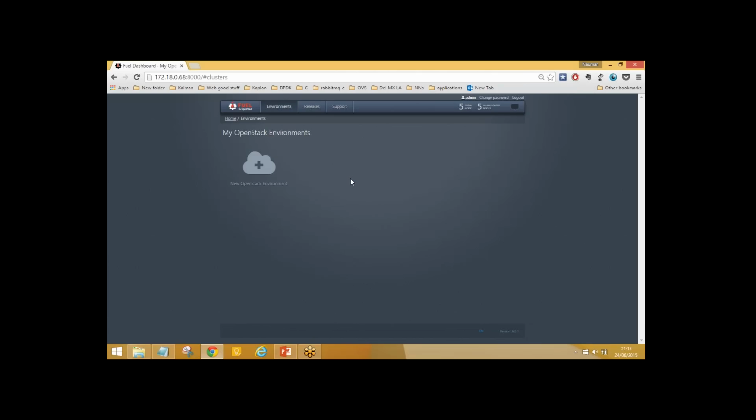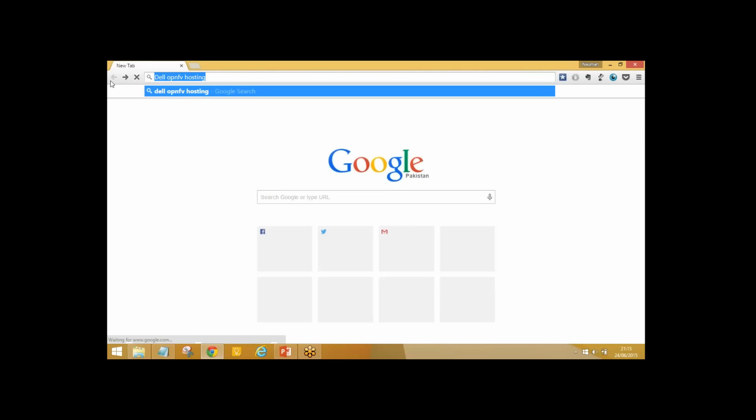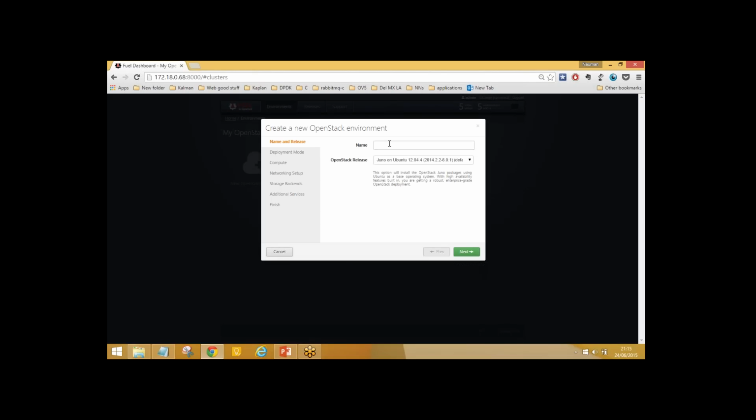I'm going to open my Fuel GUI now, and we can now begin a pod deployment. So as you can see here, I already PXE booted 5 of my server nodes, and they were given notifications here. So beginning the new OpenStack environment, we can give it any name that we want to. I'll give it Dell OPNFV